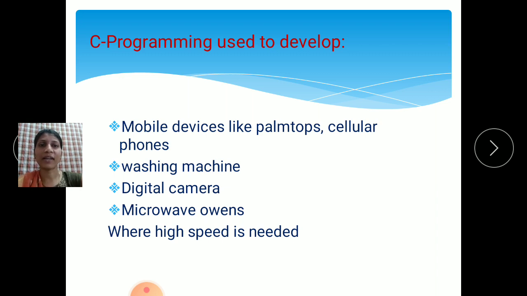Now for that purpose we use programming languages; that is the use of programming languages in software. Then washing machines: in a washing machine there is a code fitted in it. According to that code that machine will work.